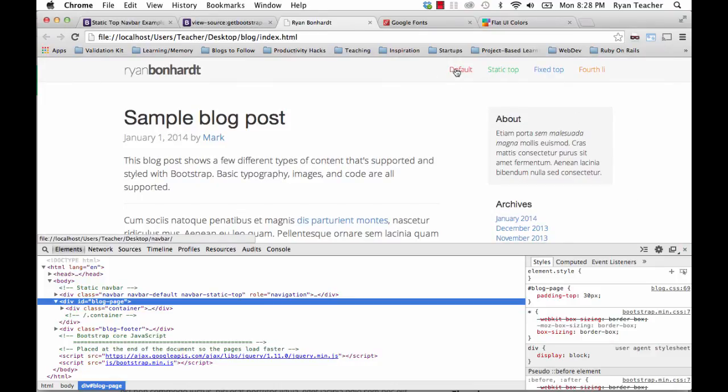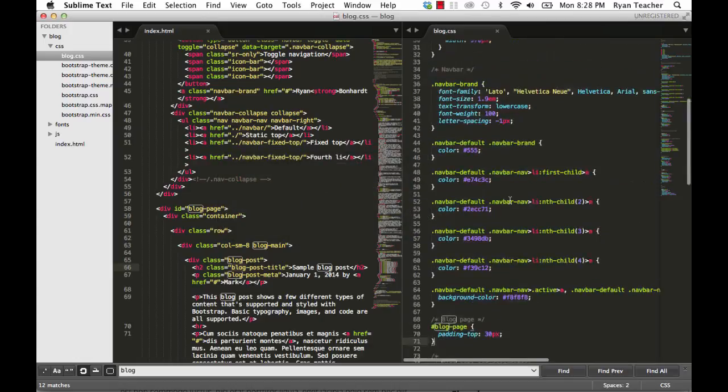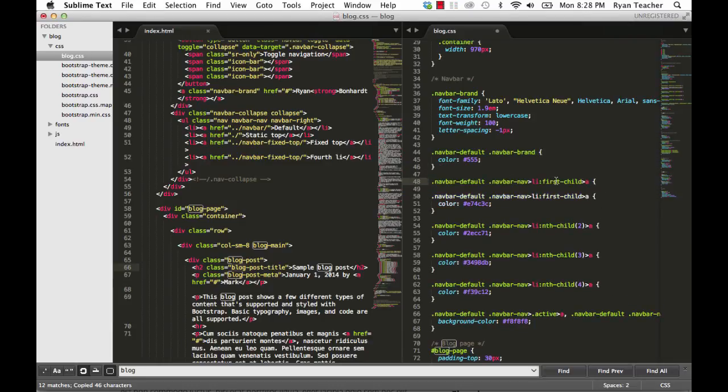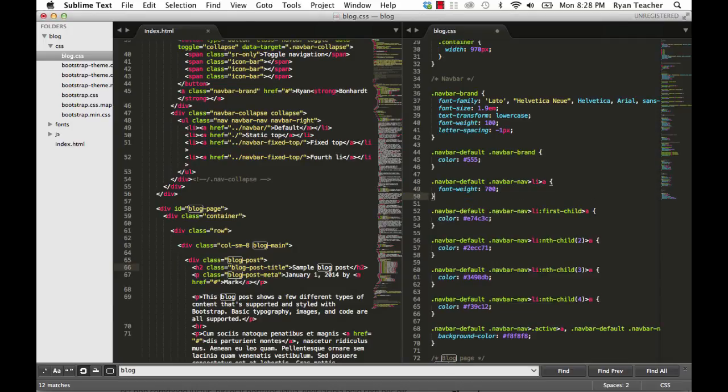And I want to make these a little bit bolder. Make them pop out a little bit more. So we know that originally, we have this right here, which we wrote. So we can grab all this right here, but we want it to not be the first child. We want it to be all list items. So let's go ahead and give it a font weight of 700, and that will give